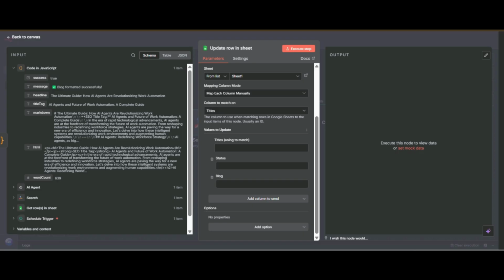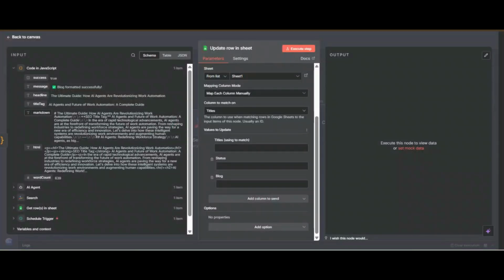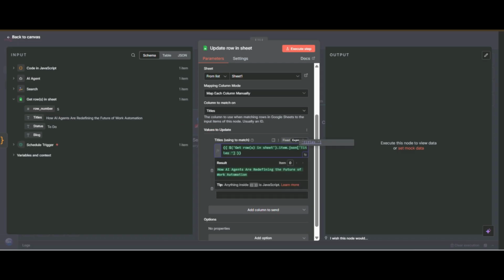We do not want to match on it because this title is not in our Google Sheet. So how can we do this? We will match on the title that we retrieved from Google Sheets.